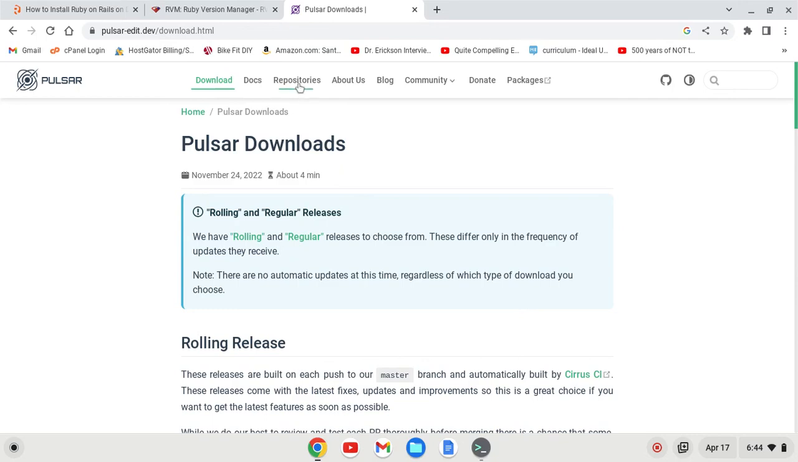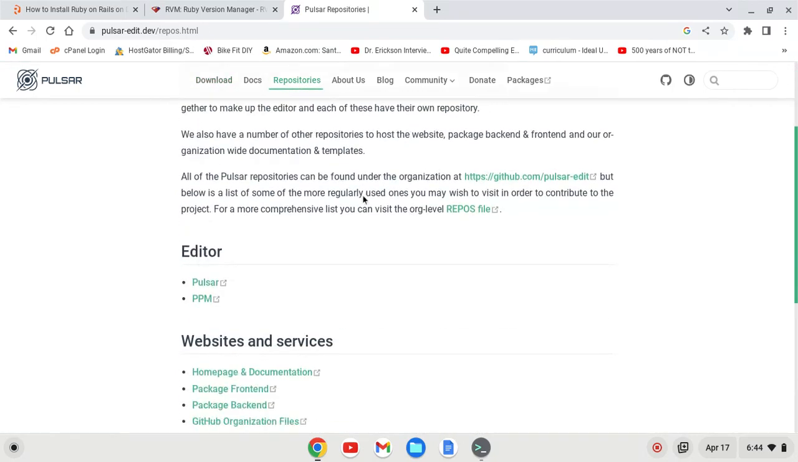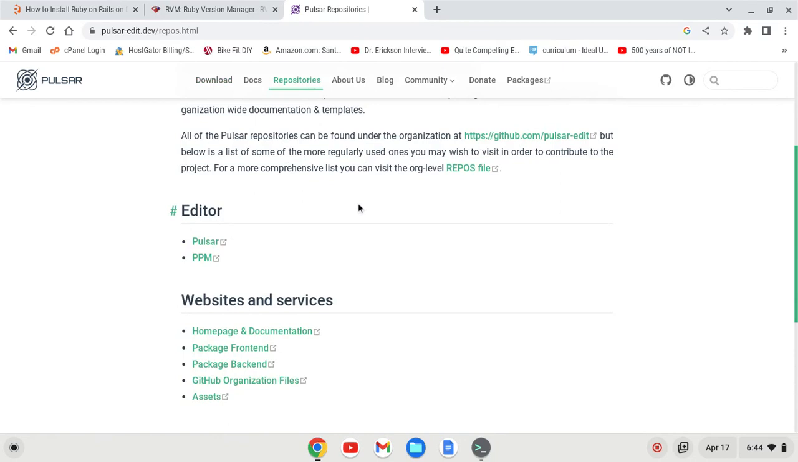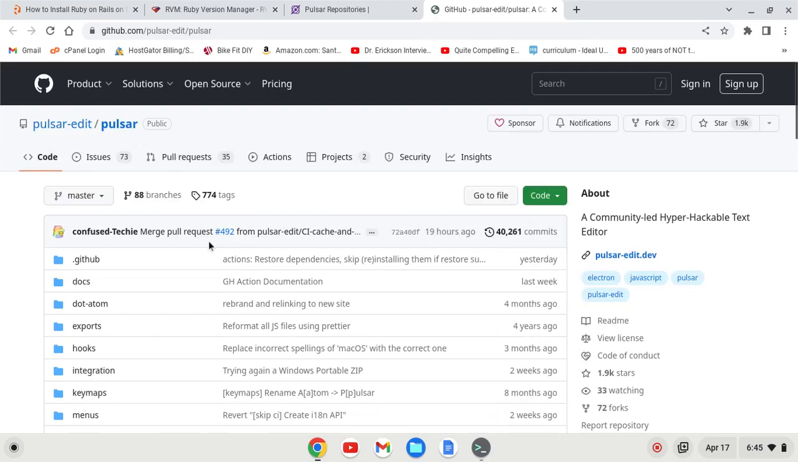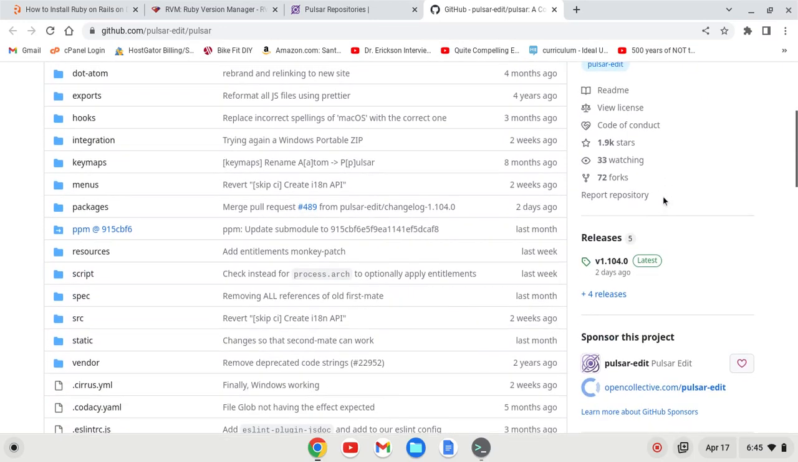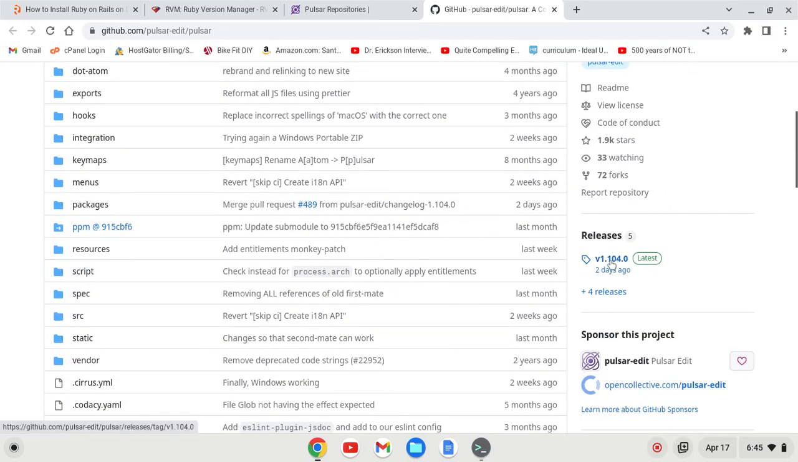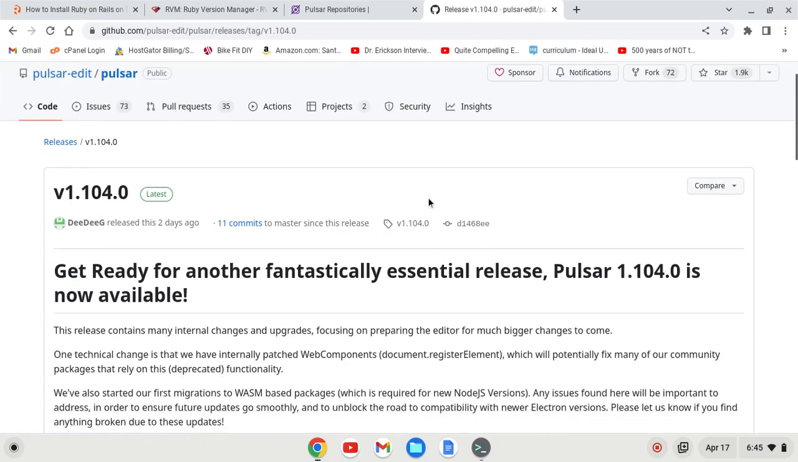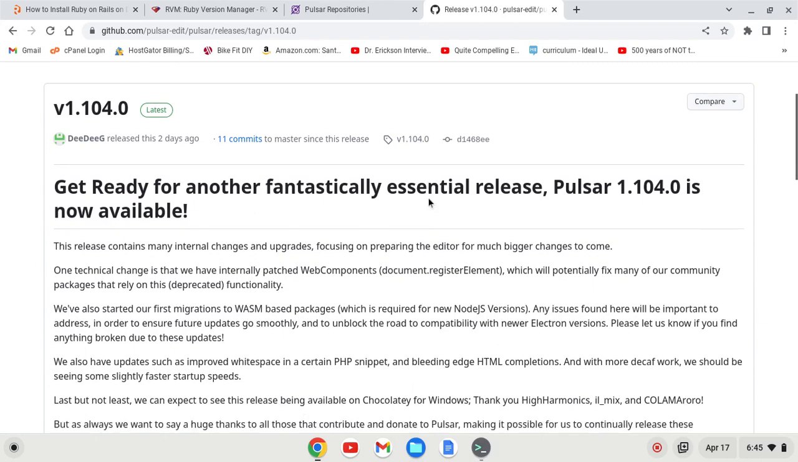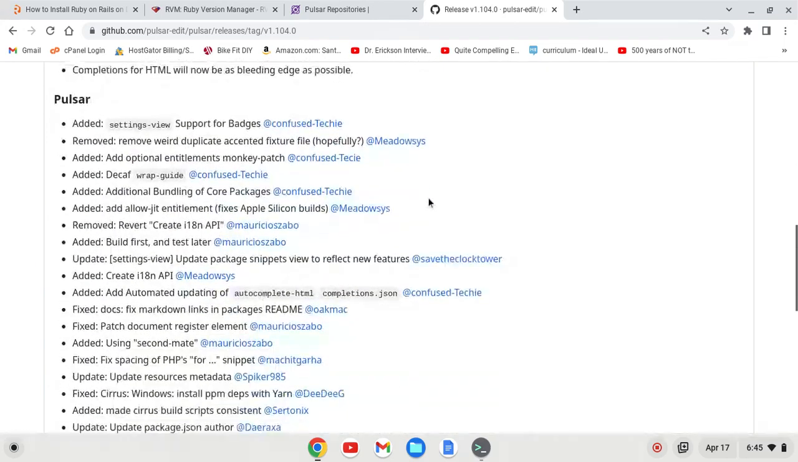So to get that, what I'm going to do is go to the repositories. Now if you want whatever version is from the download, you could do that as well. But we want to be the most recent, so I'm going to go to the Pulsar repository on GitHub. And I'm going to go here and look for the releases on the right-hand side. We can see the latest release is version 1.104. Okay, so go down here,